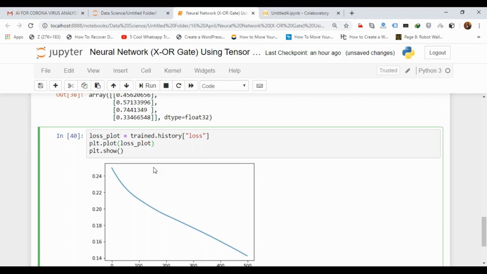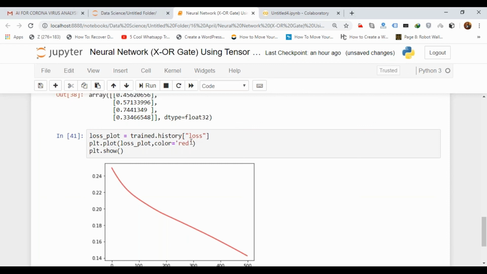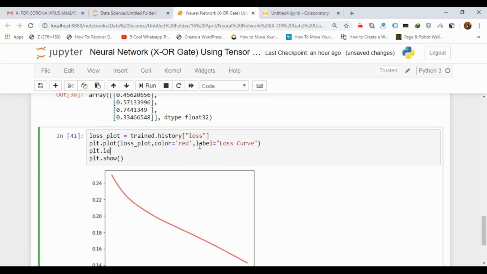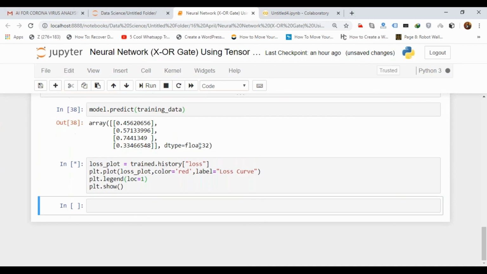Let's take the color as red. This is the loss one, and give the label as loss curve. plt dot legend, loc equal to 1.